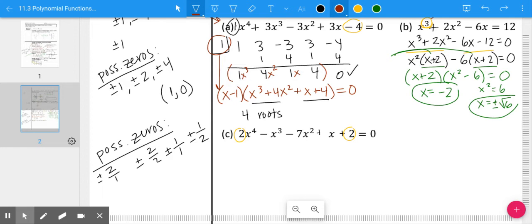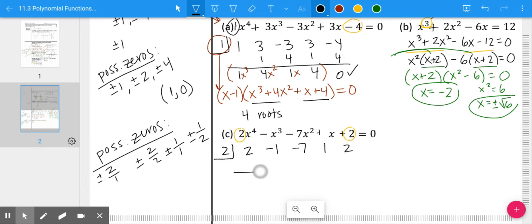Little hint here, do not start with positive 1. Let's go ahead and start with positive 2. If you started with positive 1, you would run through this. You would knock it out of 0. So you'd go, bummer, restart. It sucks. You just have to keep trying until you finally get something. We're going to start with +2. I feel good about this one